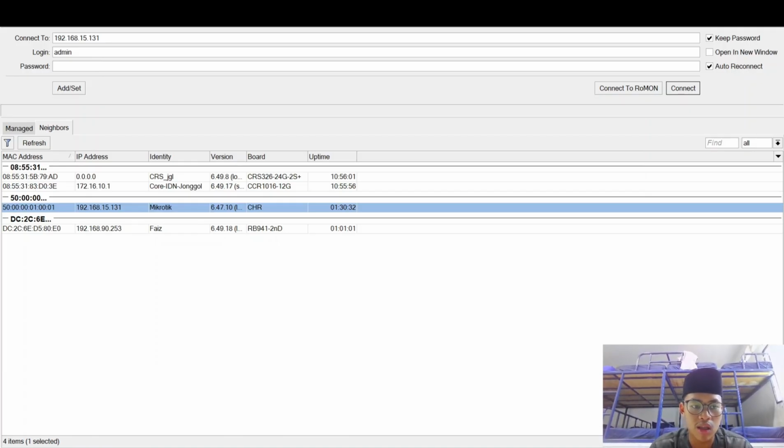Now click on the MAC address or IP address to select it, then enter the login details. Username admin. Password, leave it blank. Don't type anything.